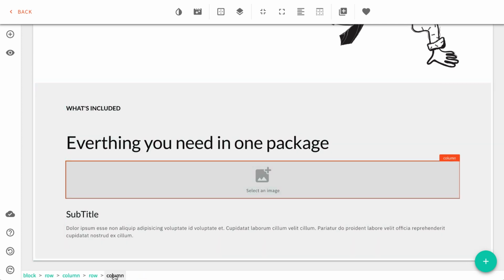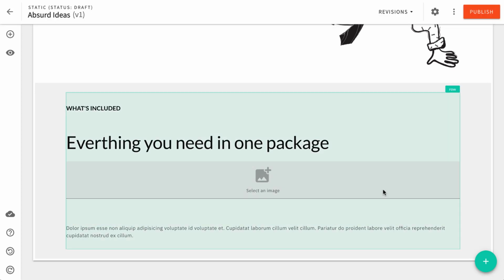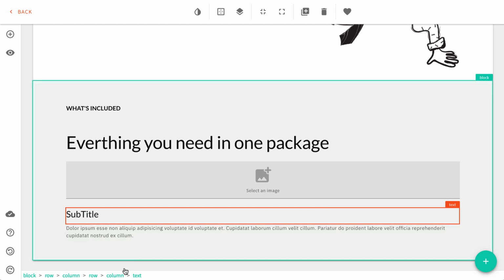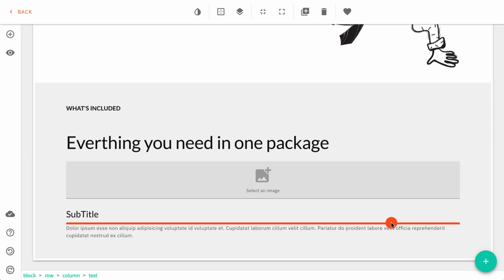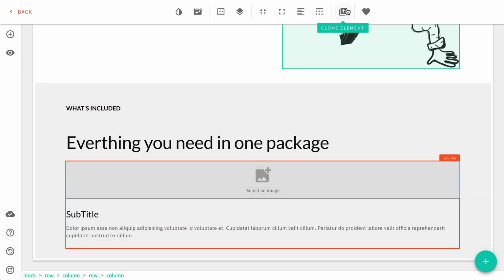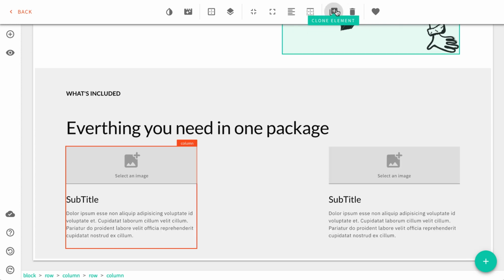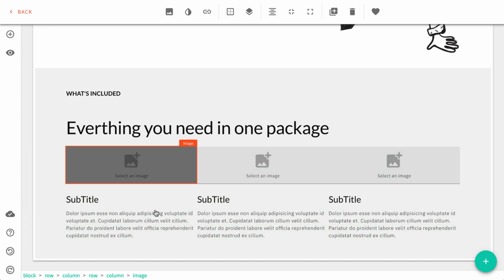So in this case, I want to select not the row. Well, actually, you can see here that this is outside the row. So now it's inside our row. I want to drag and drop this one also inside our row. Okay, this is the actual structure of what I want, having a column and then all these 3 elements inside. And now what I can do is clone this and have a layout like this, which is cool,